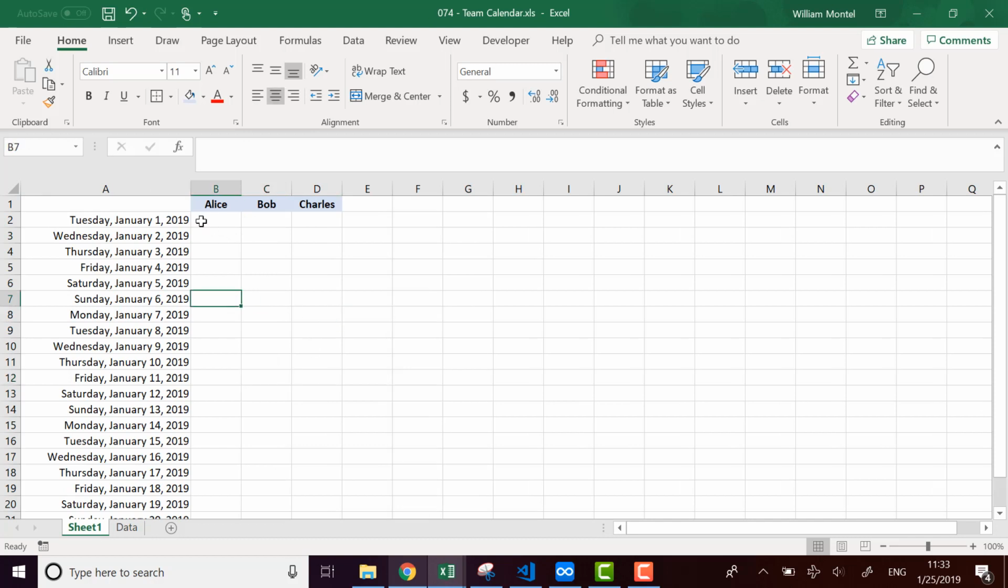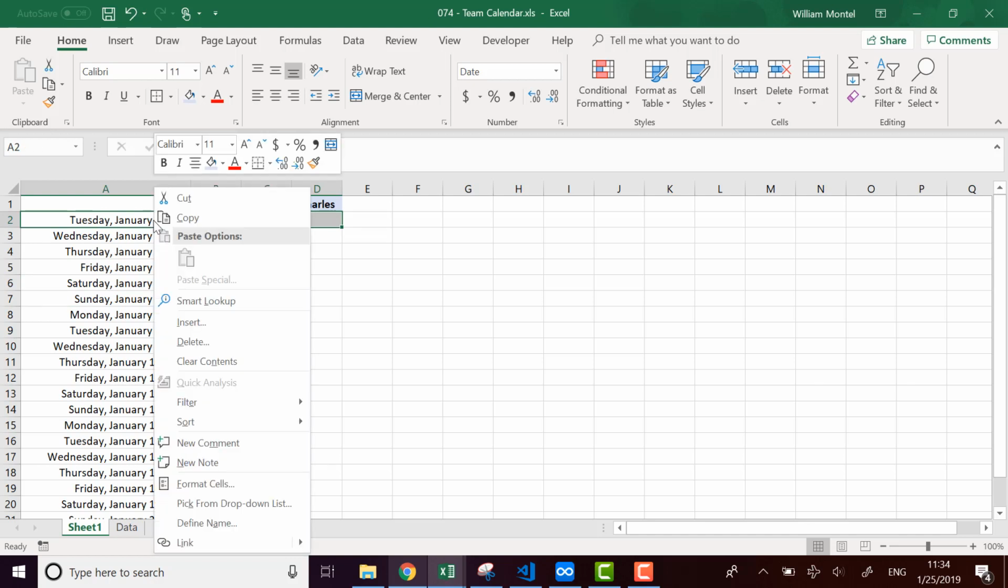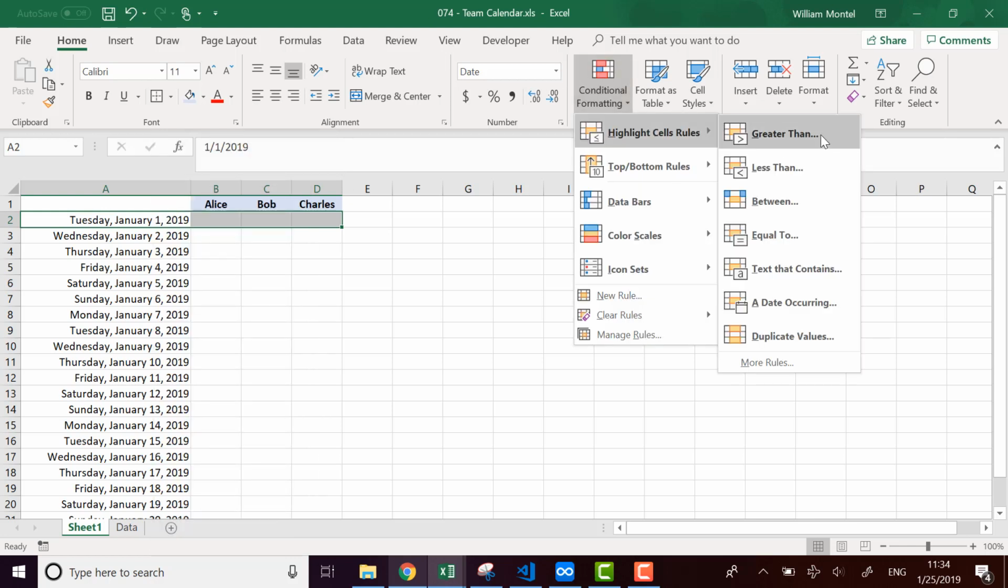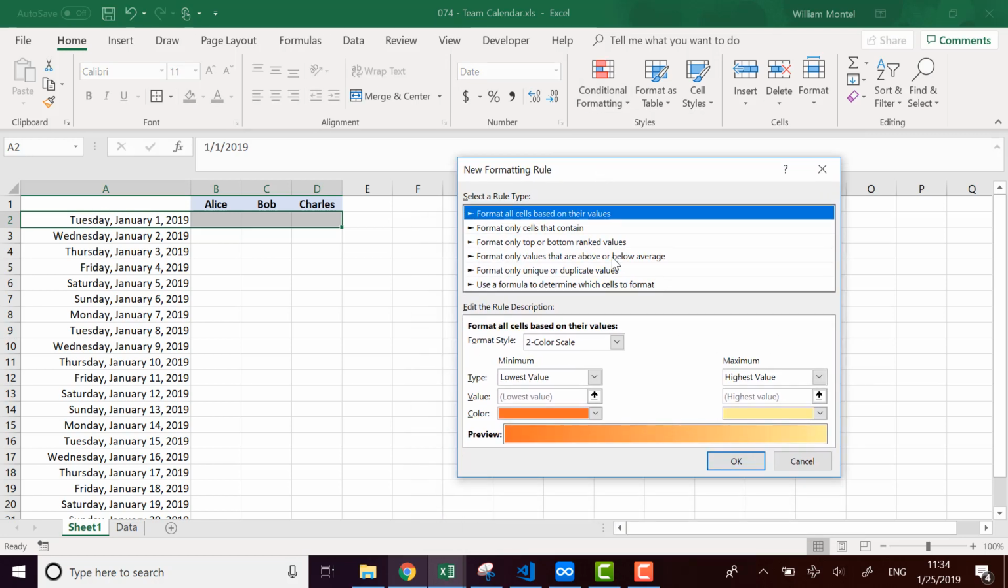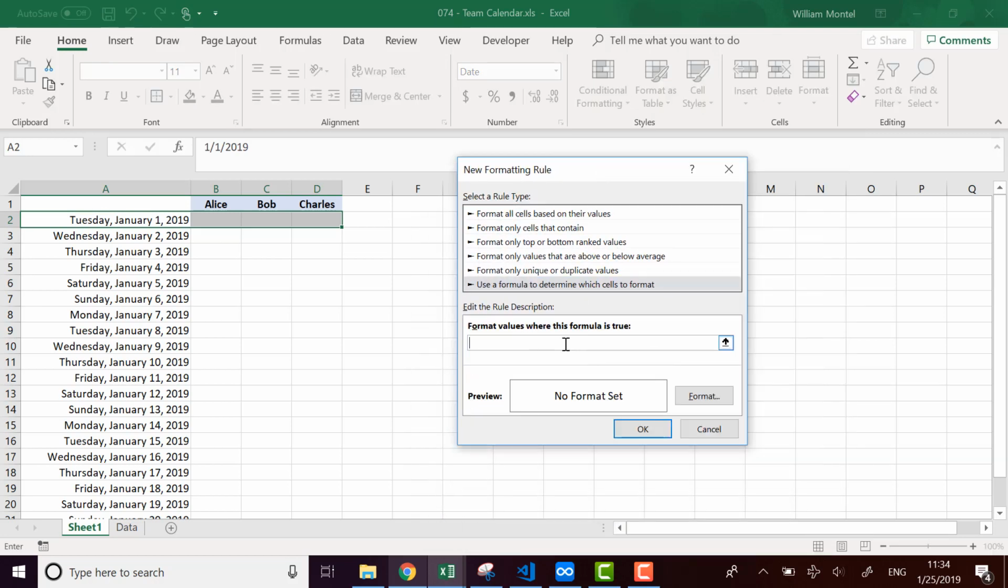Now, I want to format every weekend. So I'm going to select all the data here, and I'm going to add a conditional formatting, a new rule, a classic one with a formula. And the formula that we're going to use for all this range is going to be, either